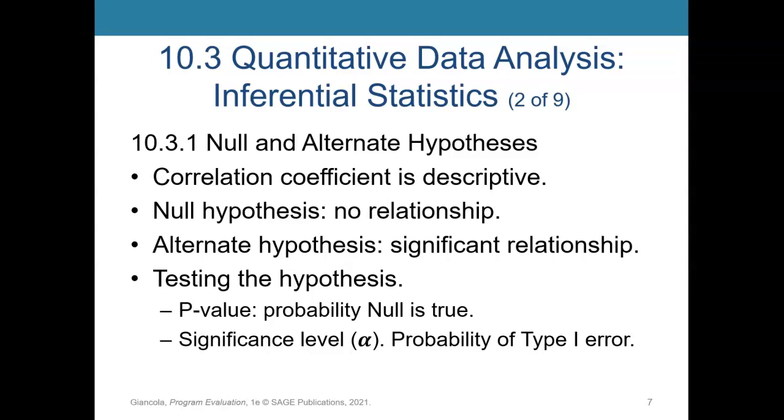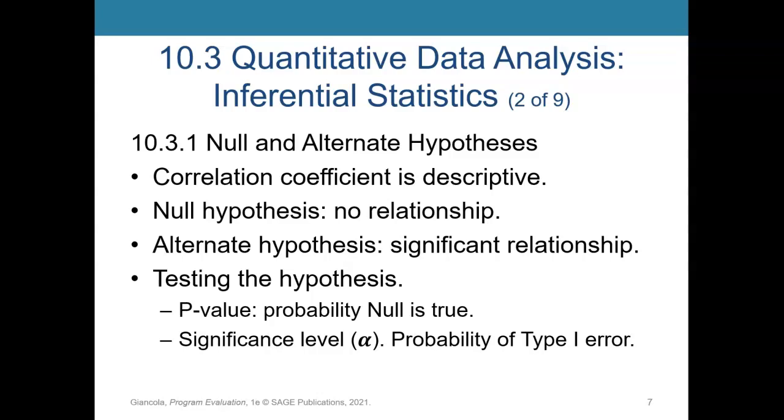Inferential statistics, again, correlation: the correlation coefficient itself is descriptive, but we can use the correlation coefficient together with other types of tools to make it a little more inferential. So a hypothesis test, for example, will test a null hypothesis versus an alternative. So the null hypothesis says there's no relationship between these two variables, between someone's,